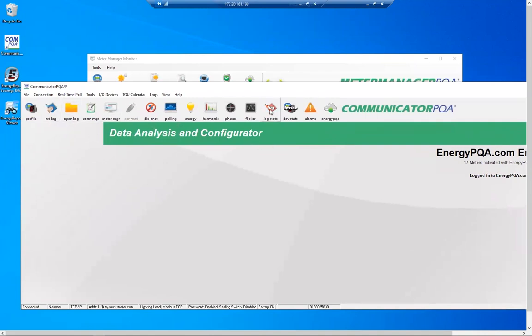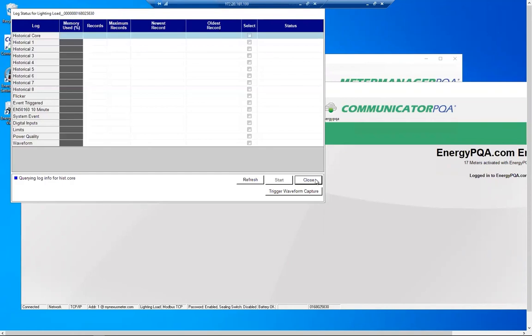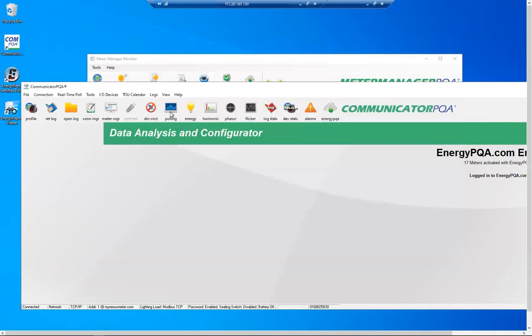From here, you can access the meter all the exact same. You can go to log status the same way. It pulls up the information. Okay, you can go to polling,